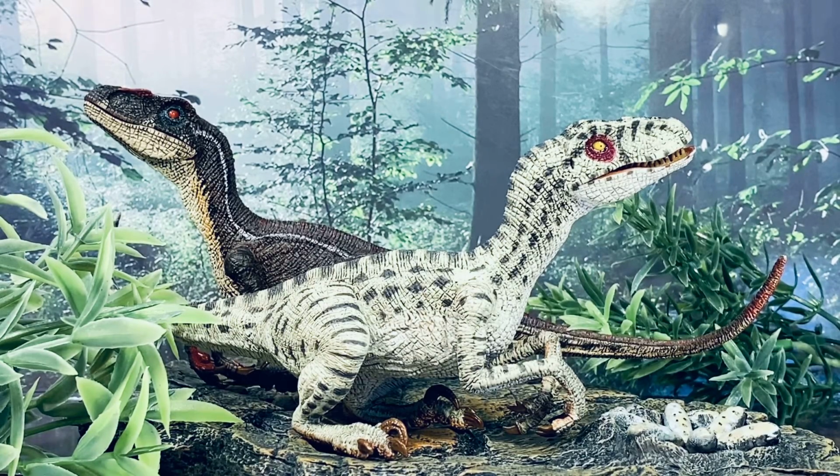But if you're a customizer and you're handy with a drill, you probably can drill a couple holes in the back of the neck and add quills of your own. And I think they're two beautiful pieces from Rebor. It's a shame that they only did one production run from them, because they are quite sought after pieces, especially